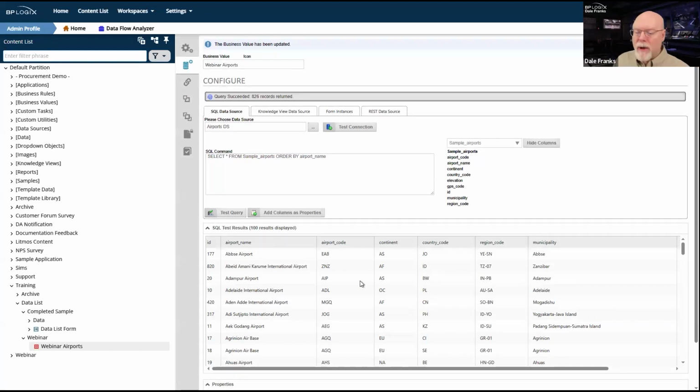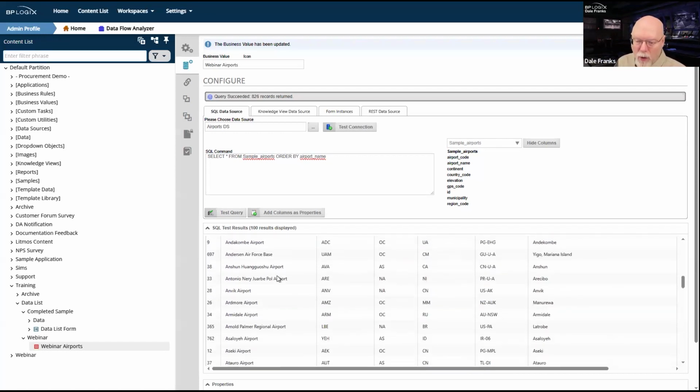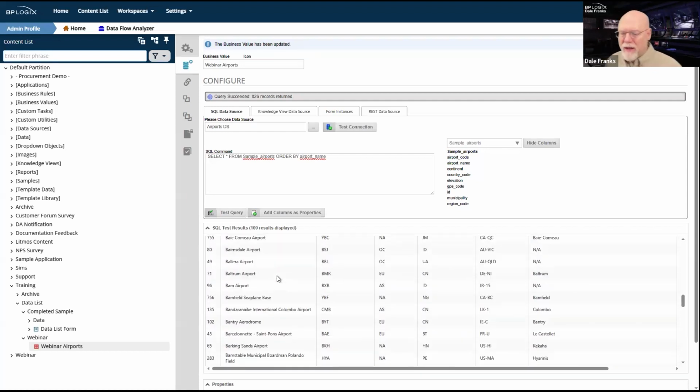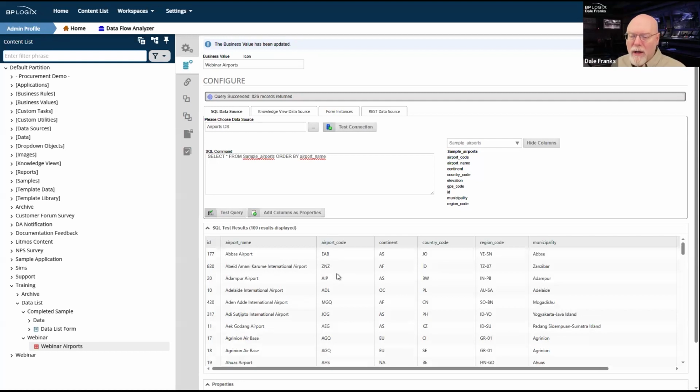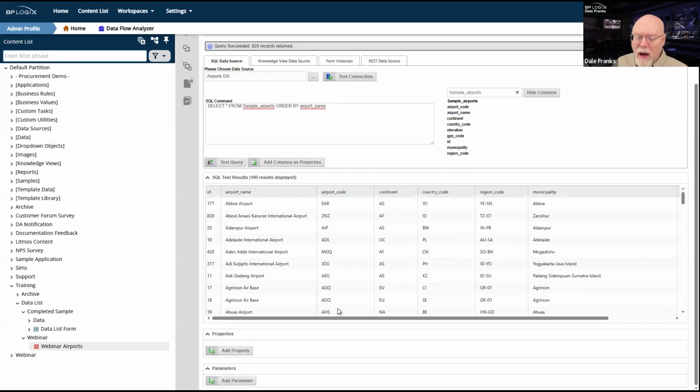I do want to note that because I'm sorting it by airport name, my ID numbers are going to be all higgledy-piggledy, right? Because the data was not sorted by airport name in the database. This is one of the reasons why sorting can be so important whenever you're pulling a business value, so that whatever order the data is in, I can pull it back in whatever order I want. In this case, I'm sorting it by the airport name, which I think we'll live with here for this one. I think in the other one, I had it sorted by airport code, so it sorted out differently, but it doesn't matter. We now have our data.